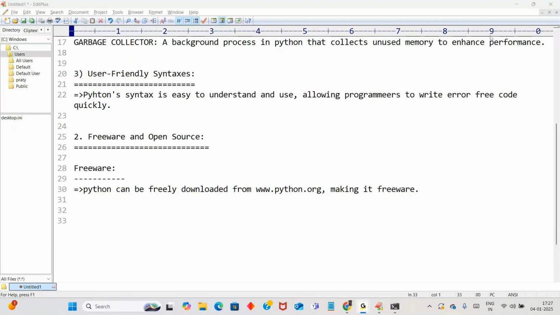Guido van Rossum is the creator of Python, right? And who is taking care of Python? Oh, I haven't told you. Let me tell you: Guido van Rossum is the creator of Python, and PSF is one of the organizations. We call it the Python Software Foundation, an organization